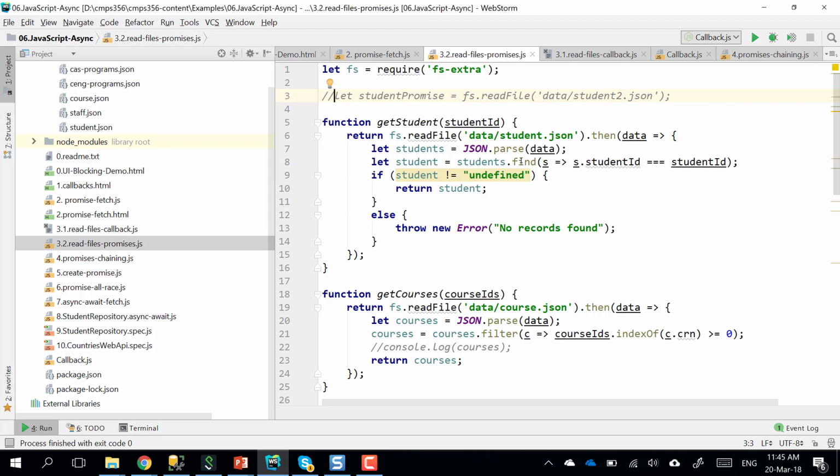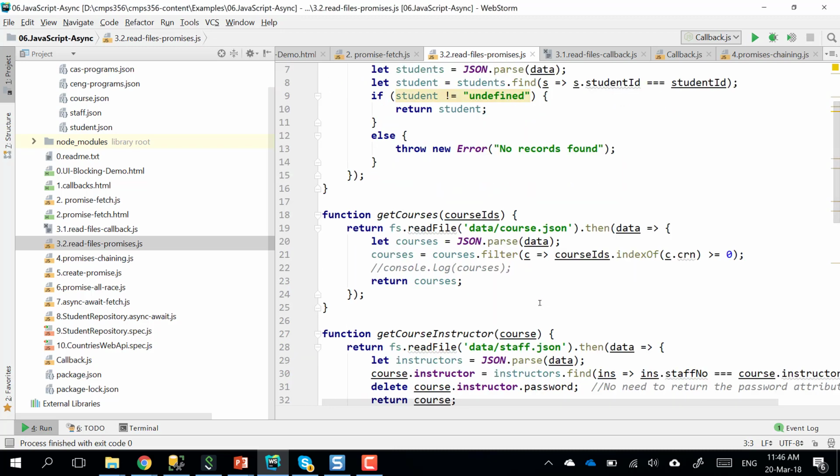This one is not handling the case where something goes wrong. If I handle it, I have to put .catch here. But I'm just hoping everything will go okay. So I'm just providing the then function. Okay? Now, in here,